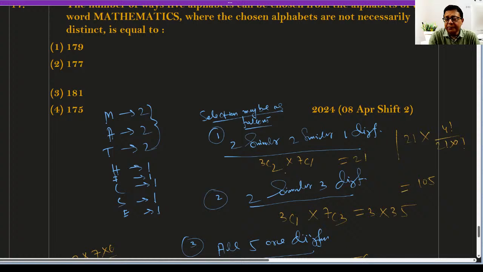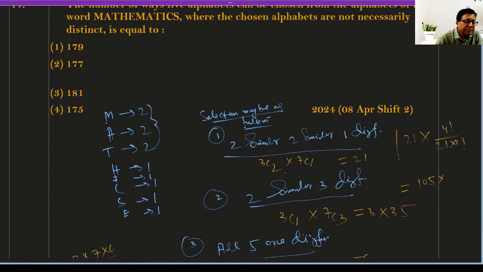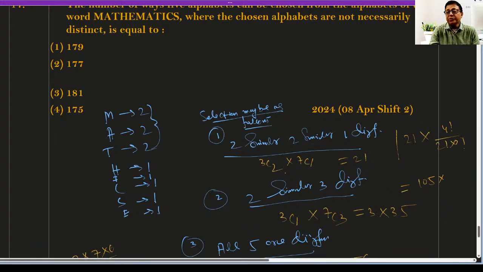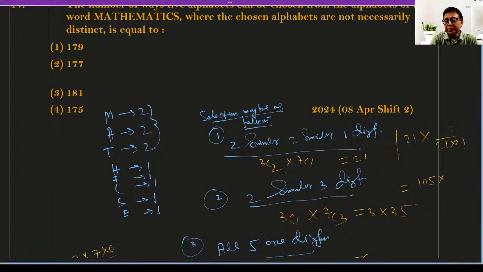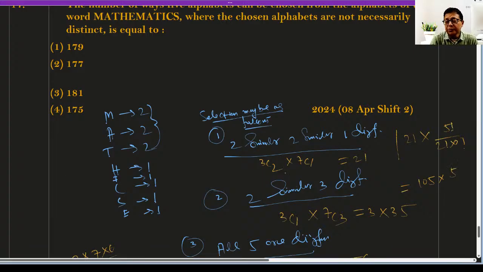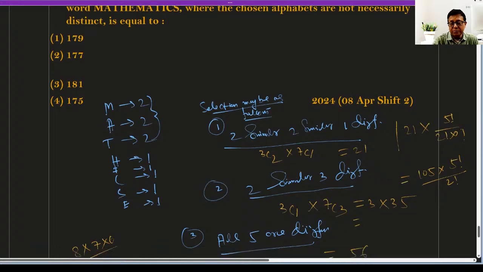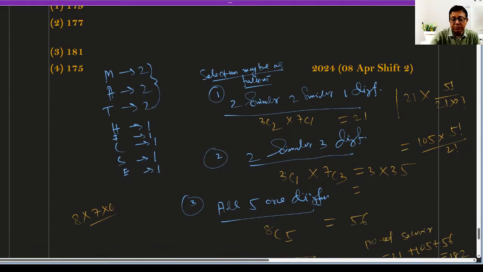So this will be 105 into factorial 5 by 2 factorial, because with 5 letters we are doing. And this one, 3 into 35 into